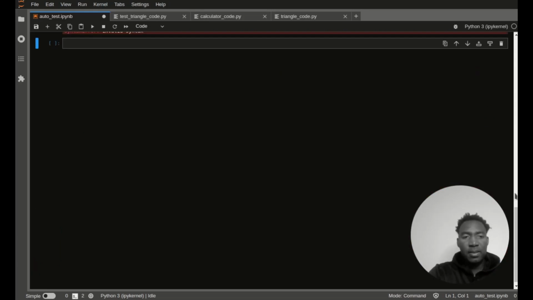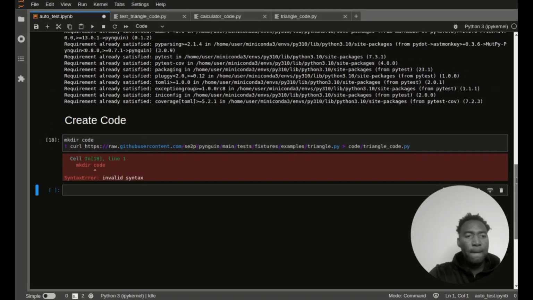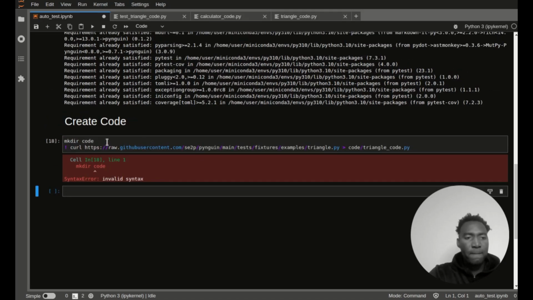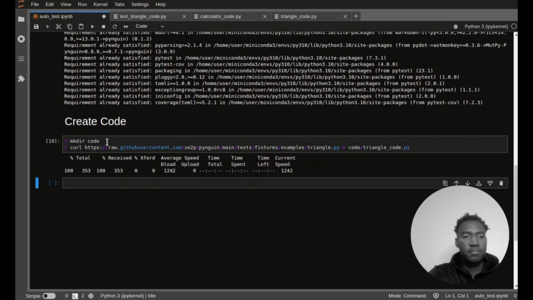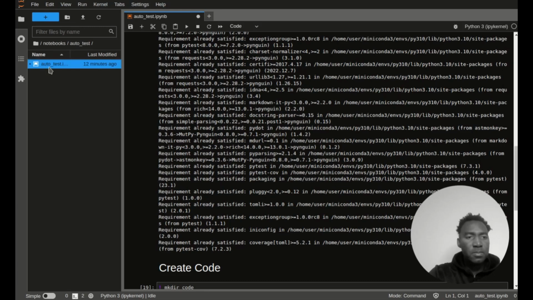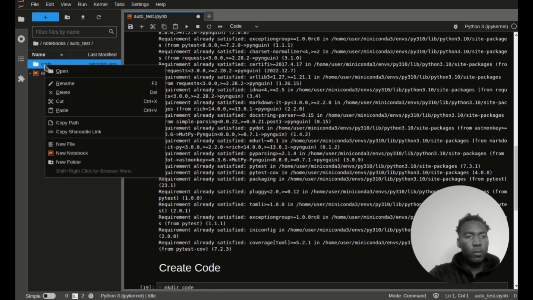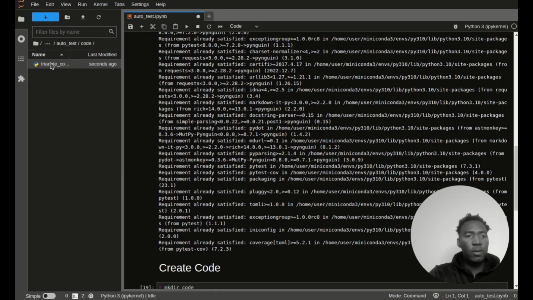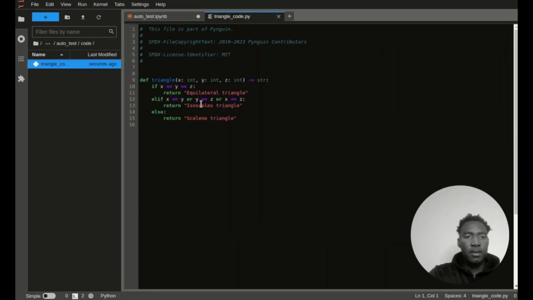So it is complaining about something. Let me scroll up. Okay, here. Perfect. Remove those old files. So if you look here, we now have a folder named code, and when I go inside, I see that I have triangle, which is